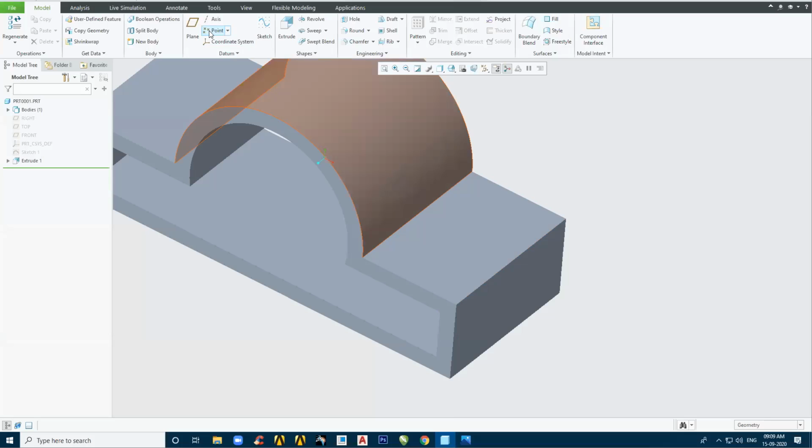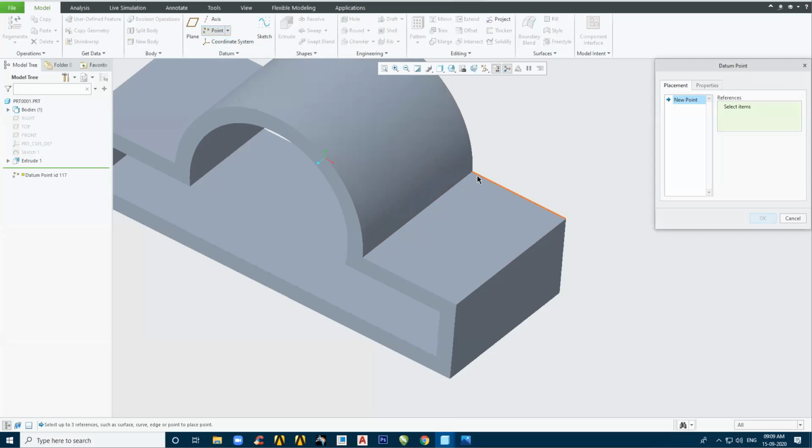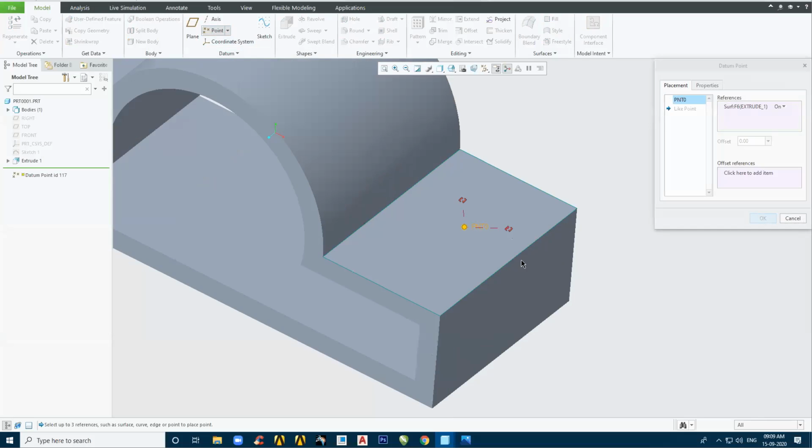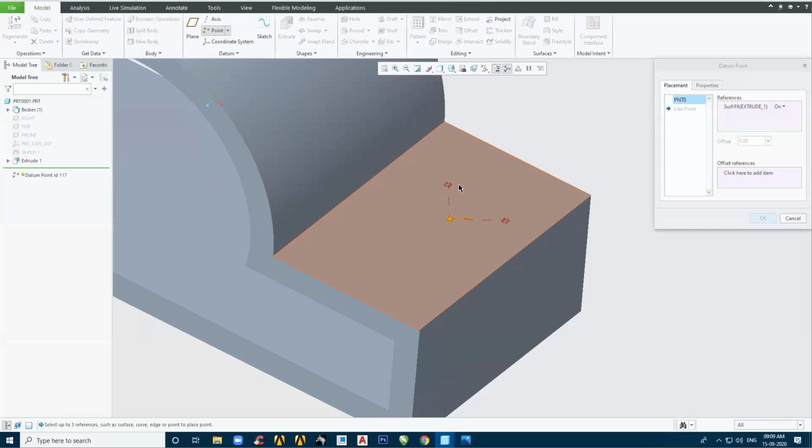I give the command point, and I am going to click on this face. Fine. Now it is on this specific face. On is important over here. And just like yesterday, I am getting two handles. I need to tell it the referencing from this collector, offset reference. I am taking this handle and telling this point that it be offset from this edge. And how much? Let's say 60.